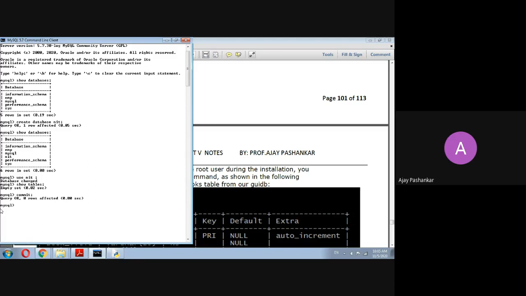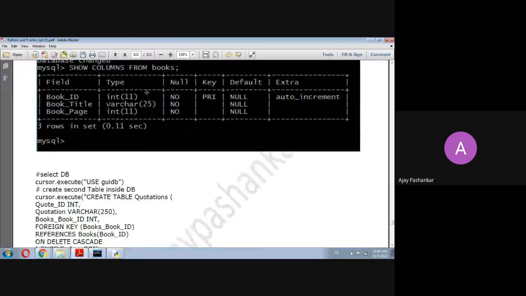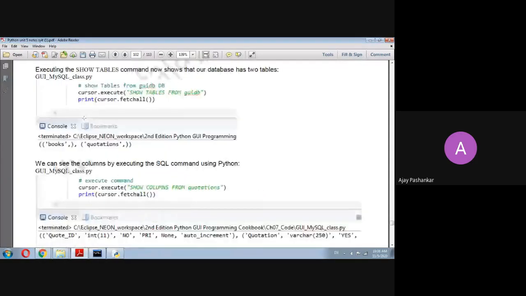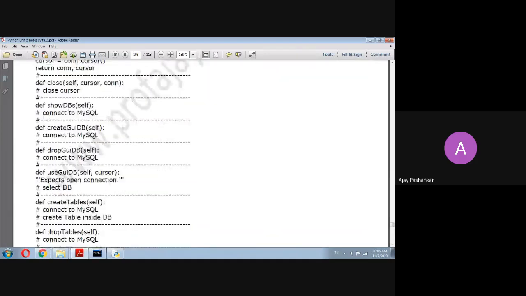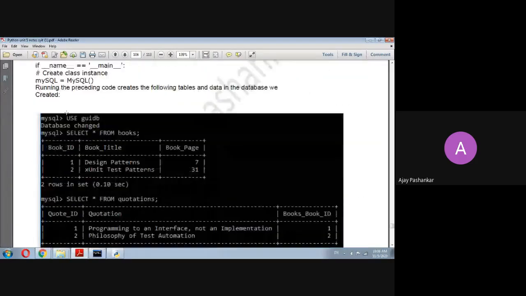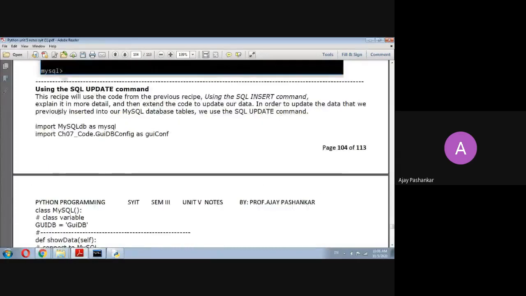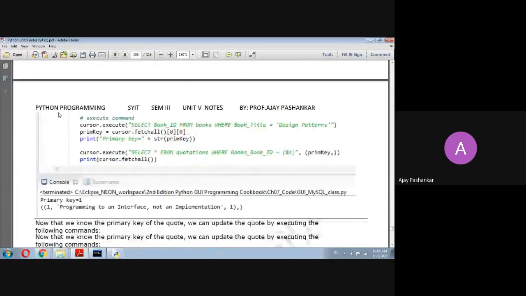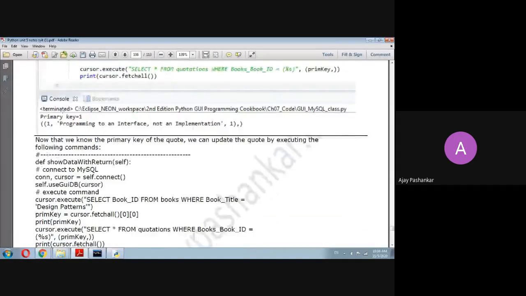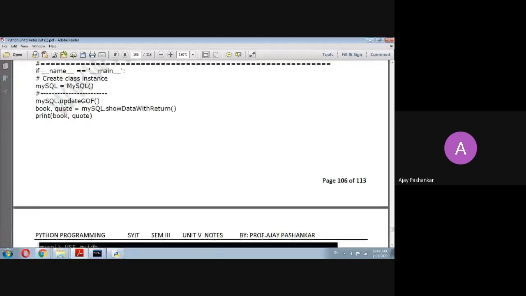If you have used commit, whatever work you have done, you have finalized that commit. I am facing problems in my system due to a version problem, but the steps are clear, so this code will work fine. Just install MySQL along with your MySQL connector for Python.